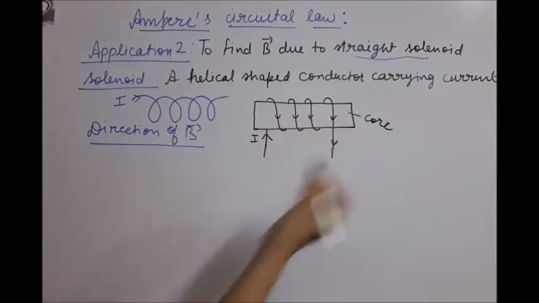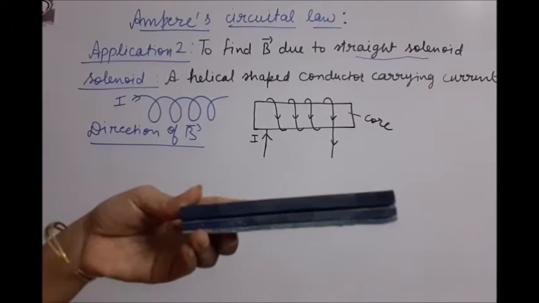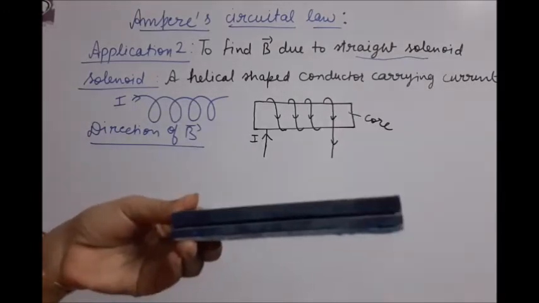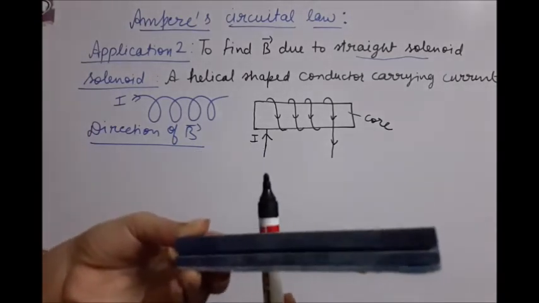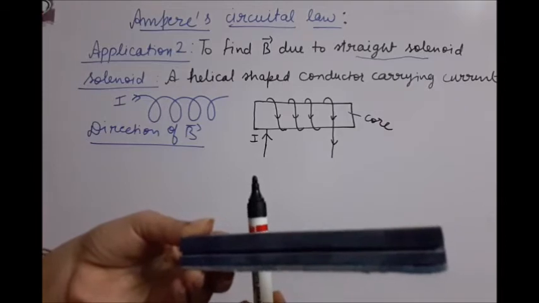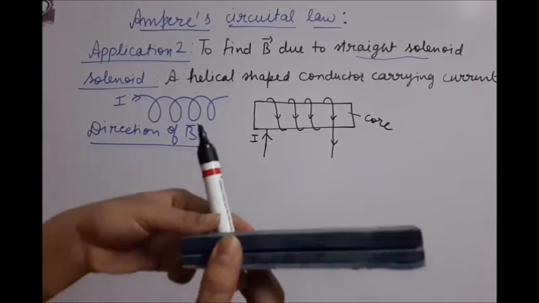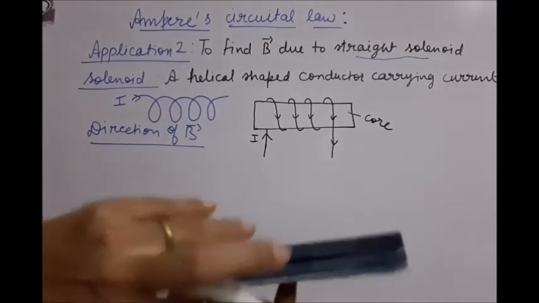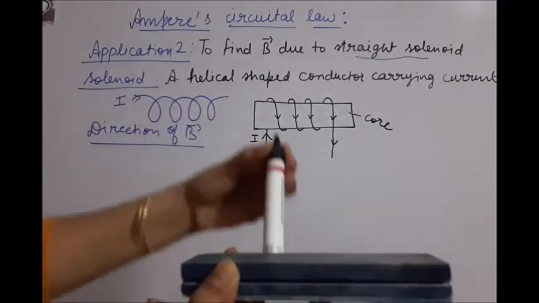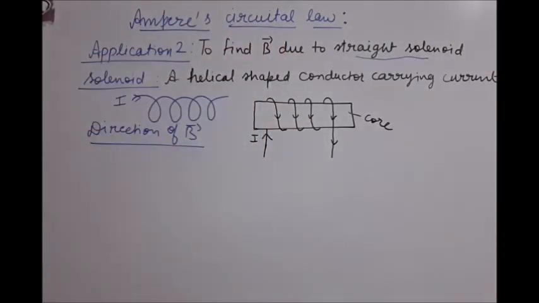Continuing the path of the current, this way we get. So you have to understand it with the help of one such device. Suppose this is the solenoid's core and windings are done. Compare it with this diagram. How is the current flowing? At the back side the current is flowing up, and at the front side it is coming down. Then again it continues, back side up and front side down. This way the current continuation is done.